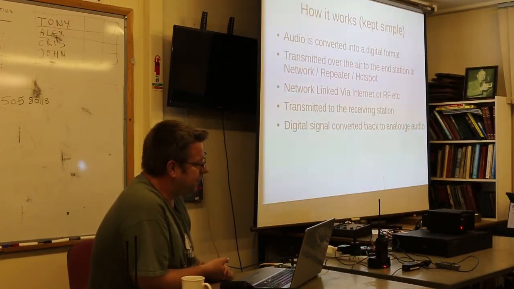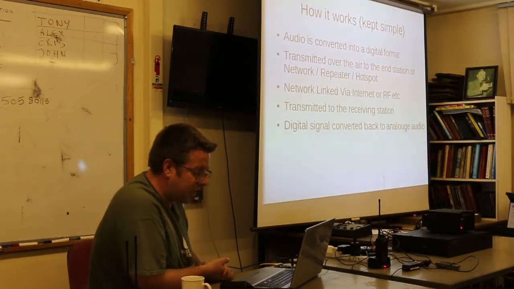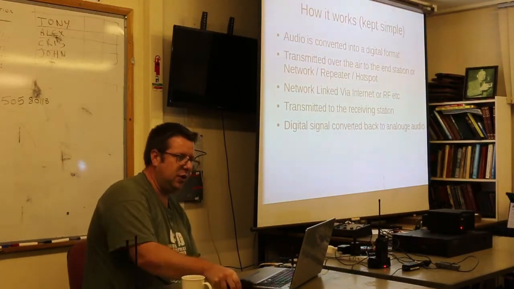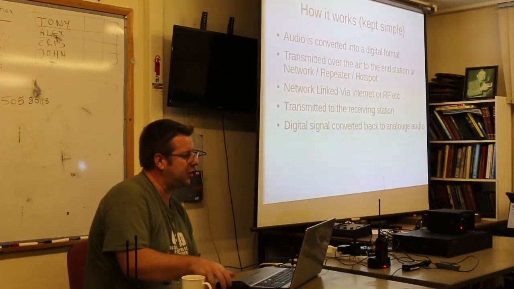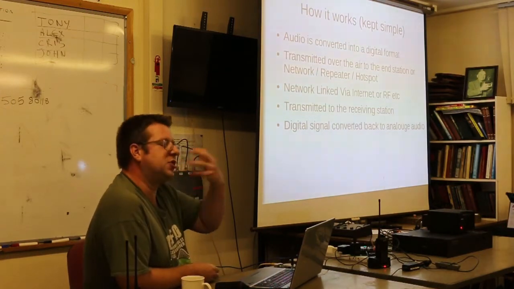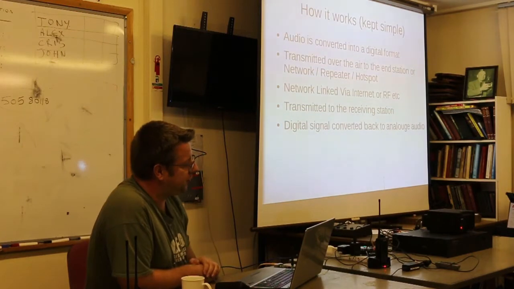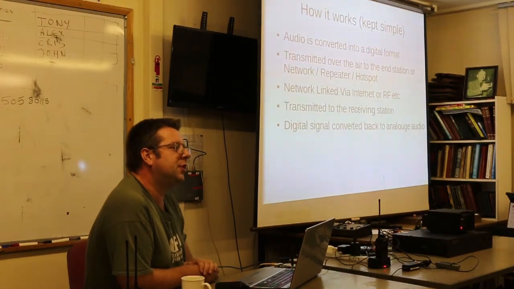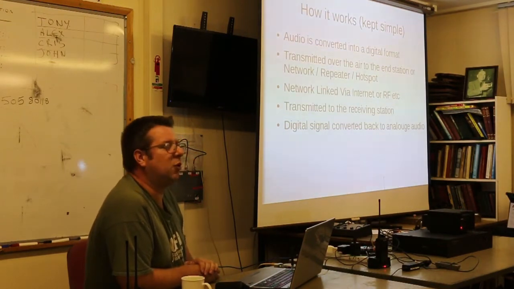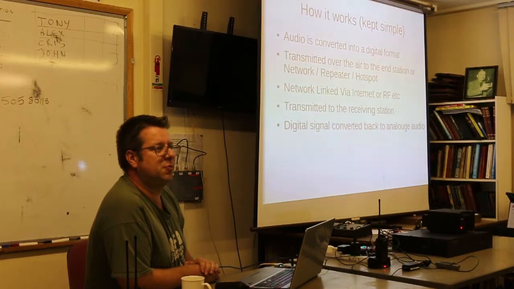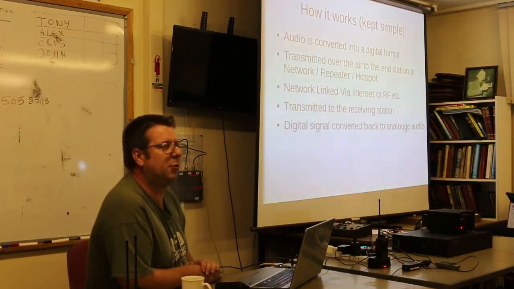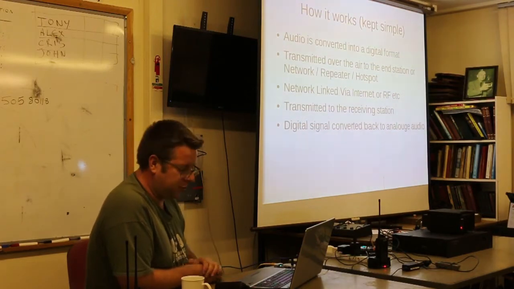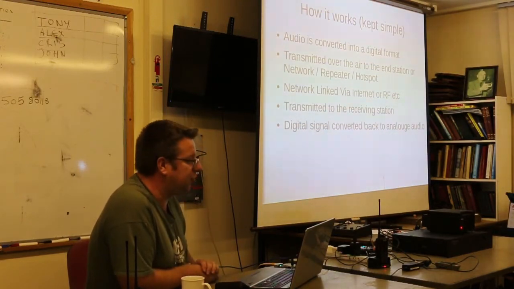Right, this one. This is very simple again. This is how it works. If I'm talking to Phil over there and Phil's got his handheld, and I've got my handheld, my voice is analog. I'm not very good at speaking digital, so I speak into the radio. In the radio there's a vocoder, which is a posh word for an analog-to-digital converter. It's a new term for something you've probably all come across before, no different to a modern mobile phone. So my audio is converted into a digital format.